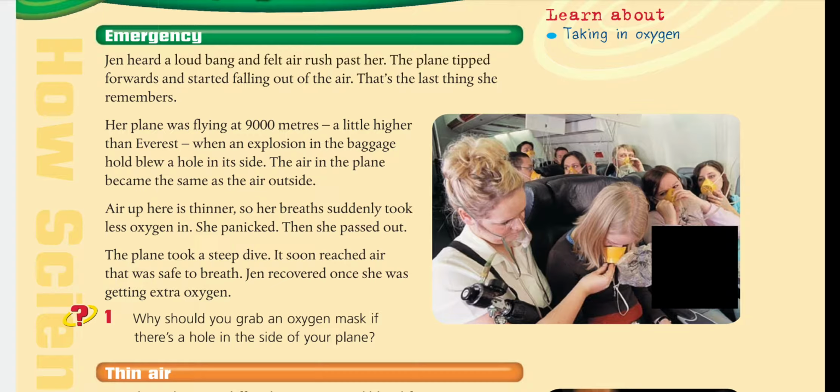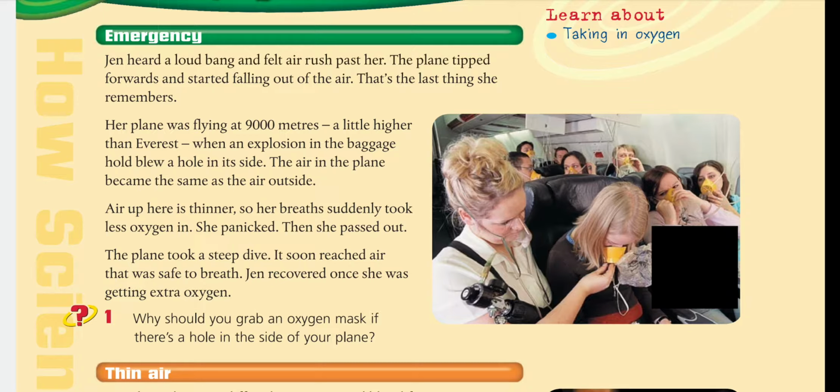So they put a mask over their head to get a sufficient amount of oxygen that is stored in tanks in the body of the plane. But the problem is with some people who didn't put on the mask. The air becomes thinner, and they have difficulty getting the oxygen they need to continue. In time they will faint and lose consciousness. Some of them, when they have problems in the respiratory system, can die because the oxygen they need is not enough at all, and they cannot come back.